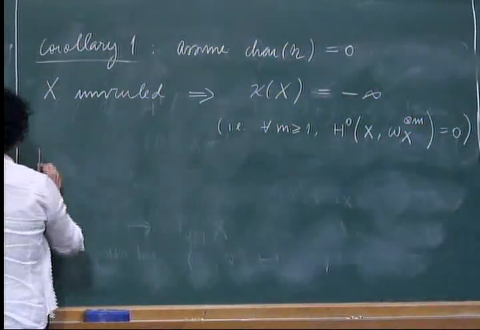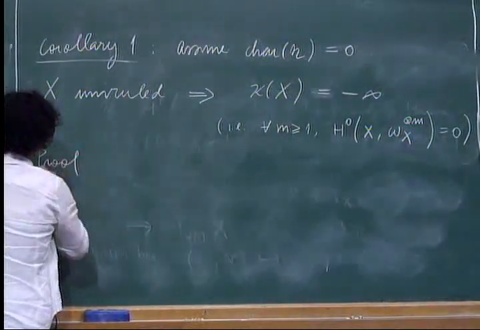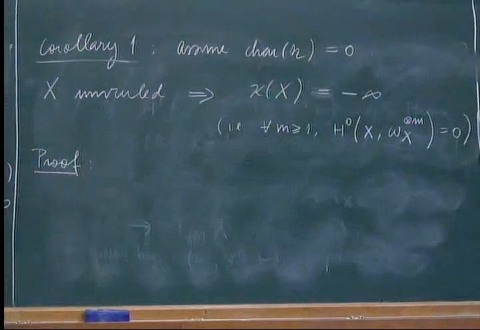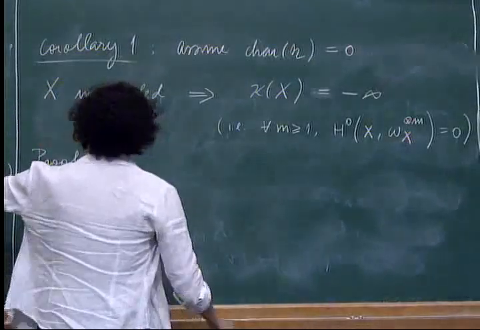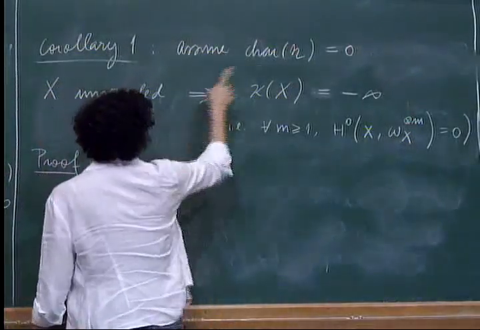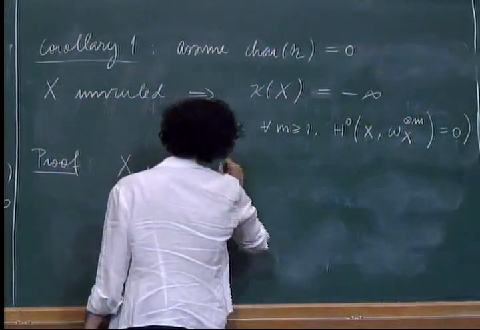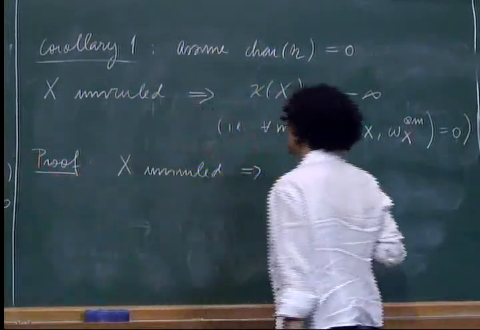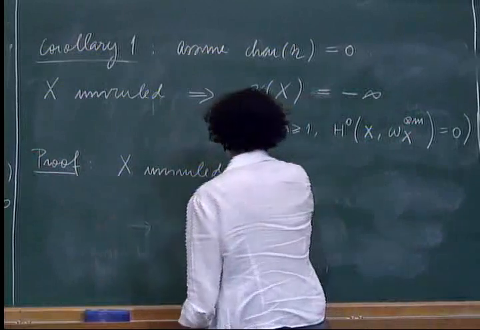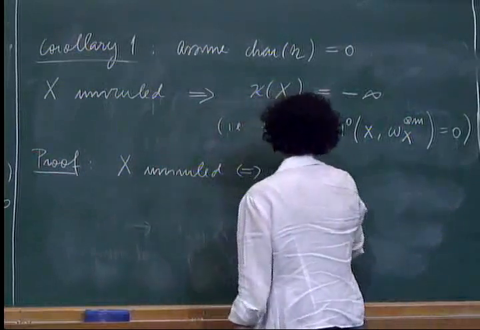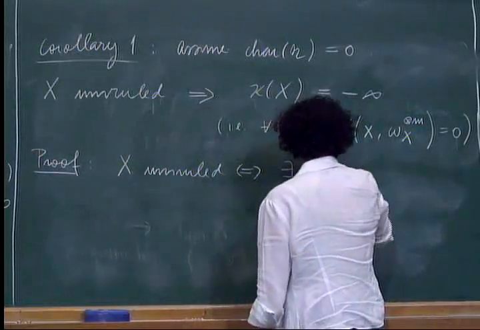Okay, so let's see how we prove this. So X is uniruled in characteristic 0. By this remark, it says that it's equivalent to saying that there exists a dense open subset